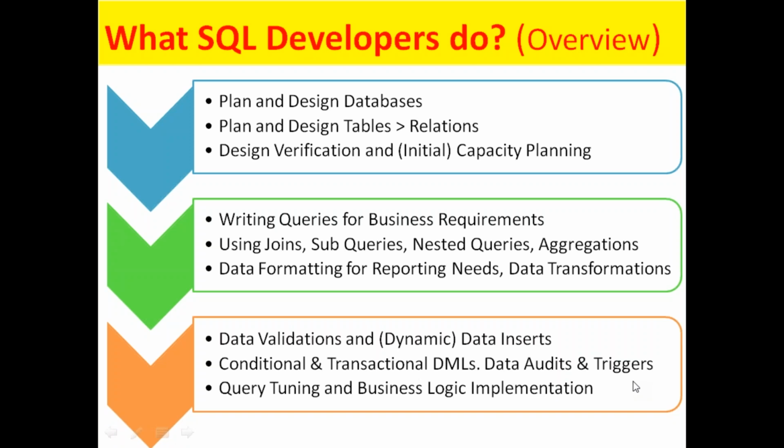Say triggers are like automated inserts or automated modifications or automated deletes. For example, you are given a transaction table in a banking environment. Whenever there is a new transaction, the account balance in the accounts table should be automatically updated. I mean, operations in one table or one data area in a database should impact some other table, some other data area in the same database or a remote database. We call them triggers, which can be coded by SQL developers.